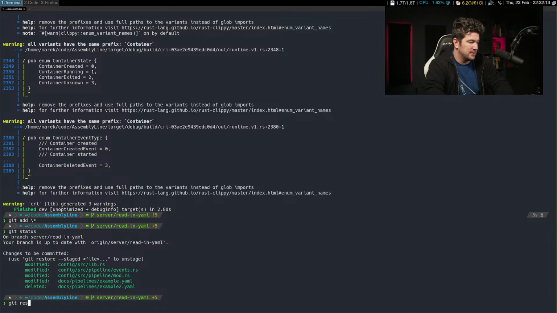Actually, git reset. Oh no, I did delete the example too.